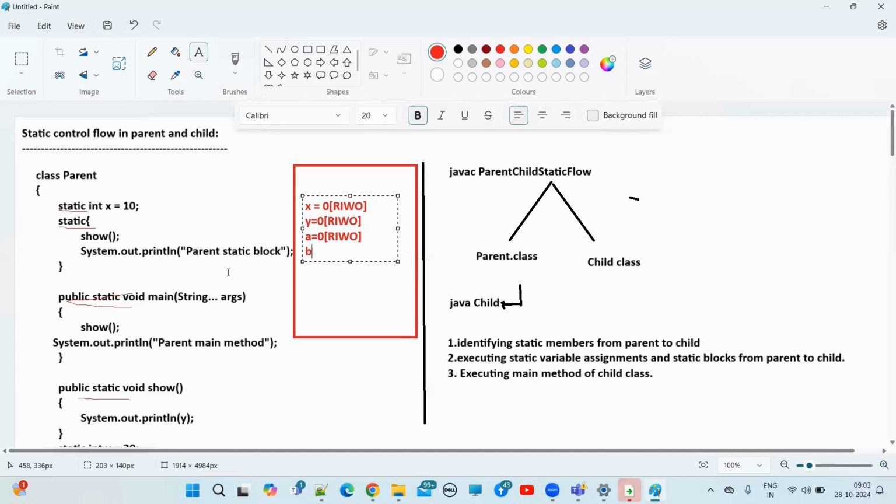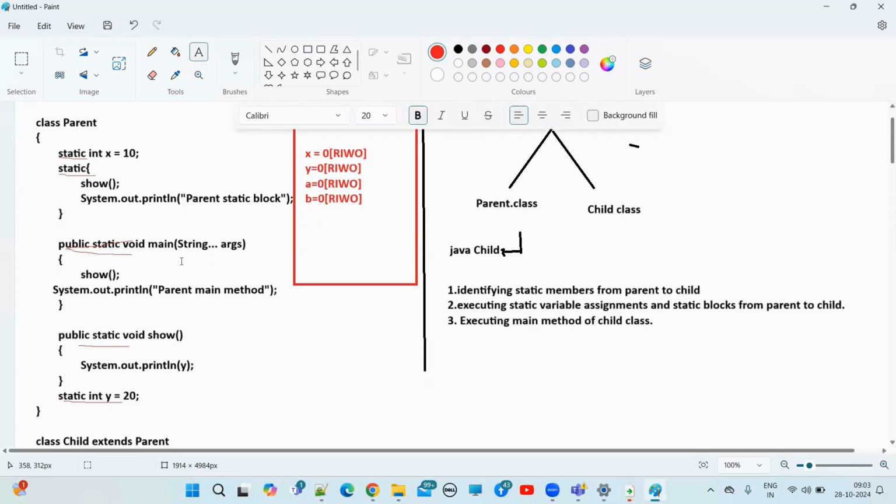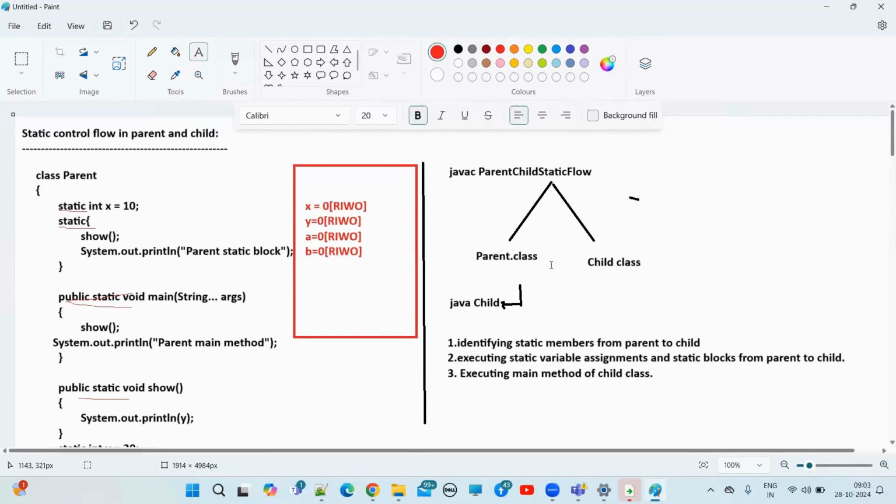Next one, b equals 0, read indirect, write only state. So while identifying the static members, all the static variable states are read indirect, write only. Clear, everyone? After that, see here, whenever we give the child class to the JVM,